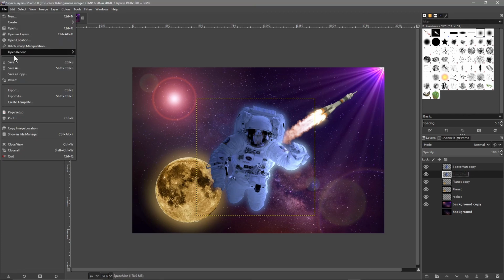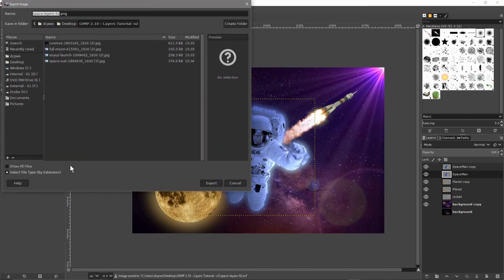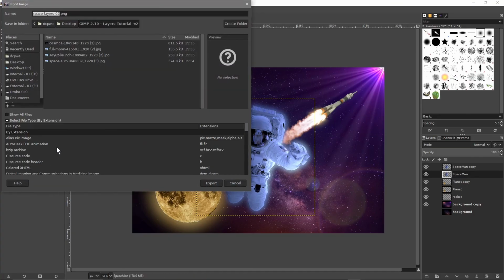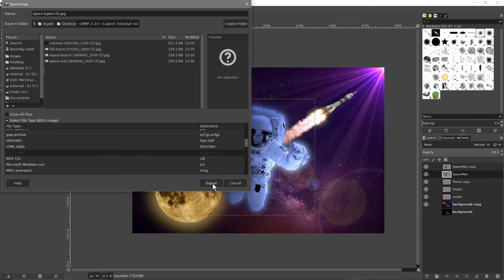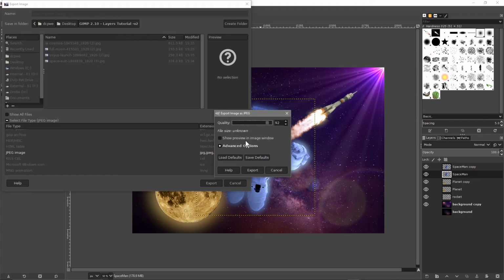We'll go to File, Save. We'll go to File, and we will go to Export As, and we'll click here, and we'll scroll down and click JPEG and click Export, and we'll leave it at 90. Let's leave it at 90 compression. Click Export,